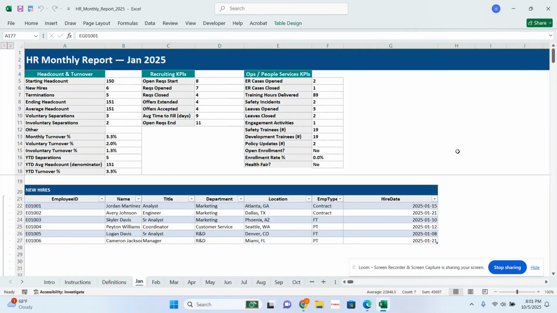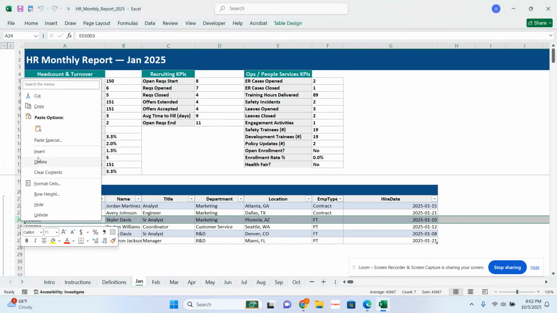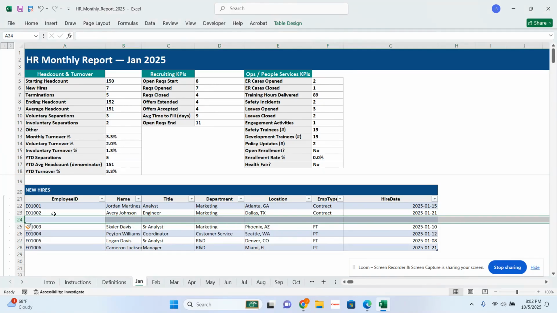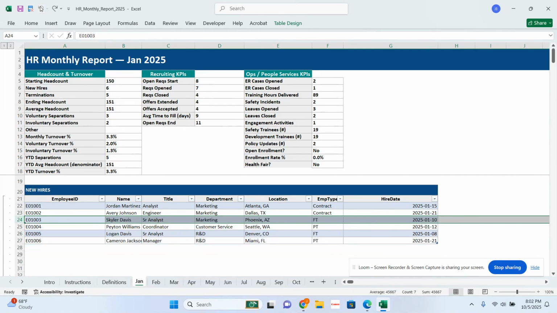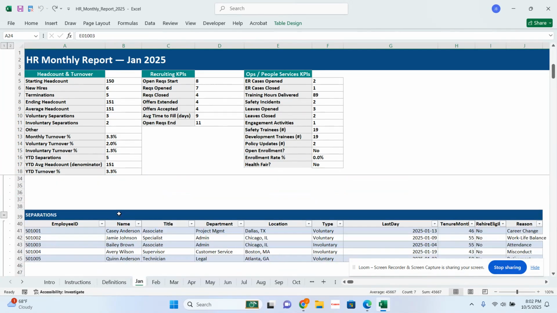So you could actually go back if you wanted to pull an HRS report or something, and you'll notice that you're able to input data. This is an example. Let's say we wanted to insert another new hire for January. So we would right click, insert, and see, look, that popped from 6 to 7. So it's that easy when you're adding different items. And then each individual,